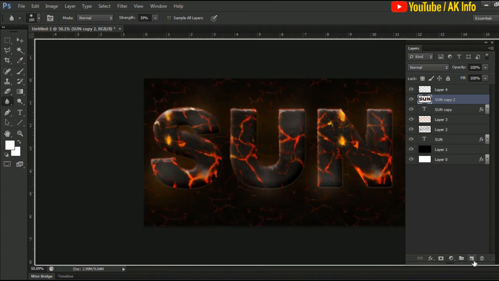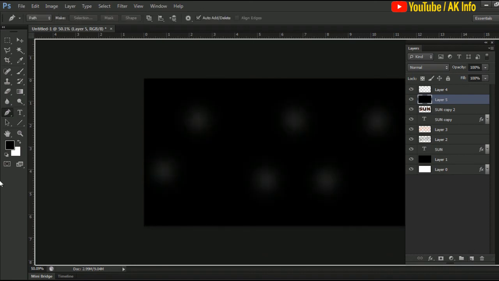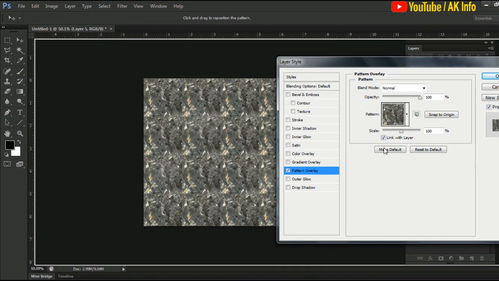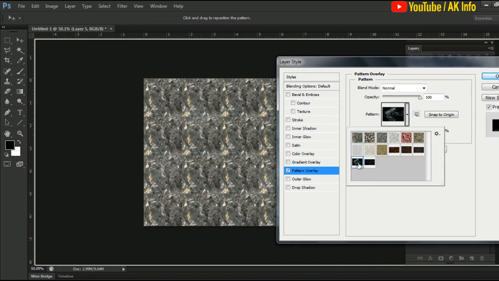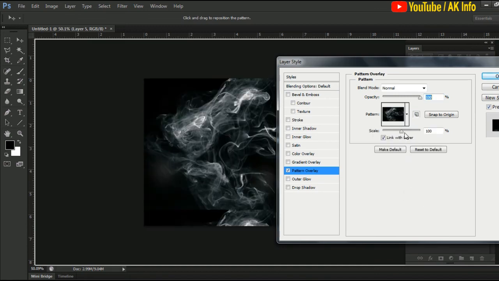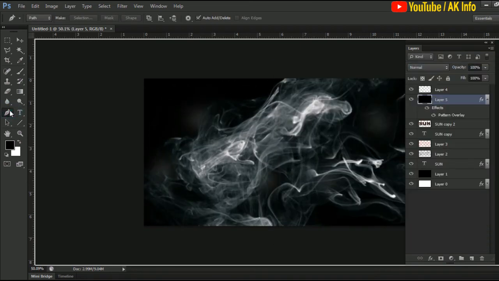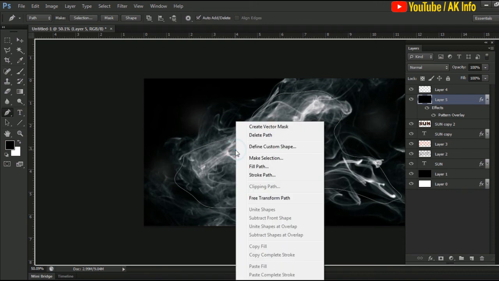Now I am taking a new layer and fill with black color. Now go to the layer properties. Here click on the pattern and select a smoke type pattern. Now select roughly with pen tool. Right click on it.